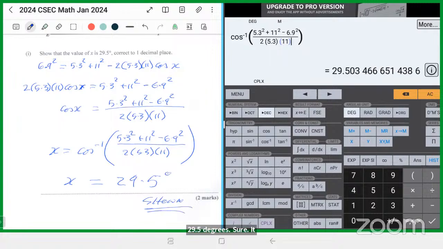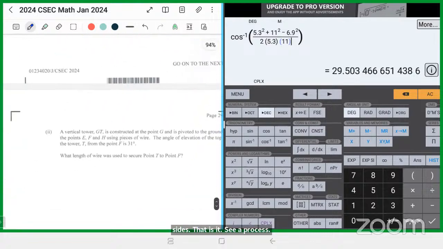You don't need to do 10 different questions with this. Do this with this one and any other one you get, where you need to use the cosine rule to find an unknown angle in a triangle that is not right angled, and you have the 3 sides. That is it. Same process. All right, that is that. Next part now says,